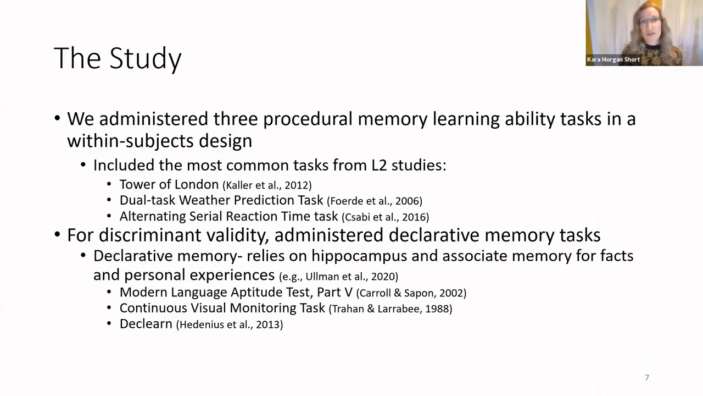So to address these questions of reliability and validity in our study, we administered 3 procedural memory learning ability tasks using a within subjects design. We included the most commonly used procedural memory learning ability task from second language studies. And to test discriminant validity, we administered 3 declarative memory learning ability tasks, which were expected to reflect learning in